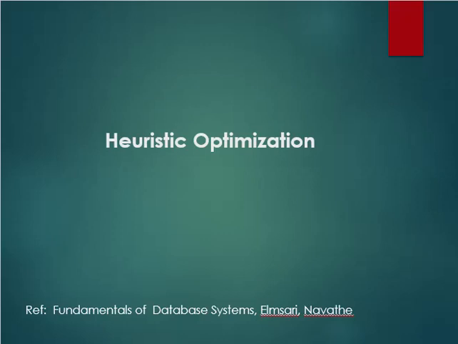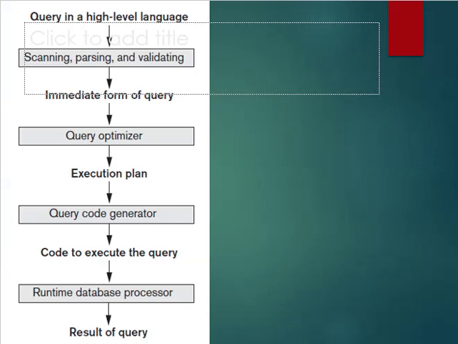Most high level programming languages have different levels of compilation or parsing of programming statements before executing the final program. Like high level programming languages, a query language also, while executing a particular query, first passes through different phases of execution. The first level, as you can see, is scanning, parsing and validating.